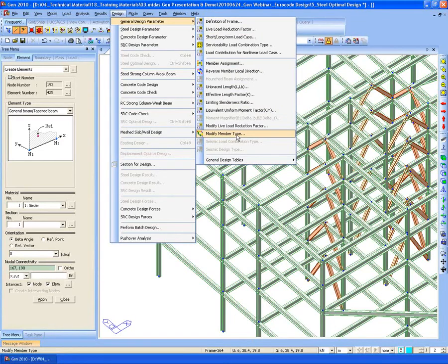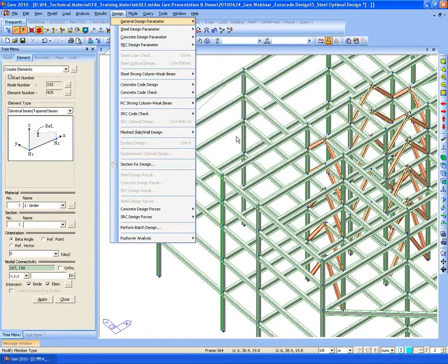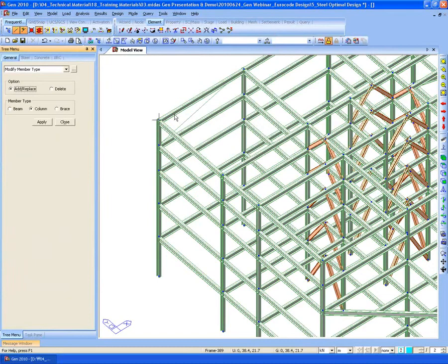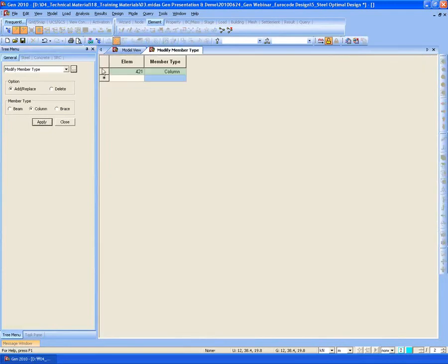Go to the general design parameter and modify member type. And then you can specify here, just as an example, if we want to consider it as a column, click apply, and by going to the related table, you can see it is applied as a column.